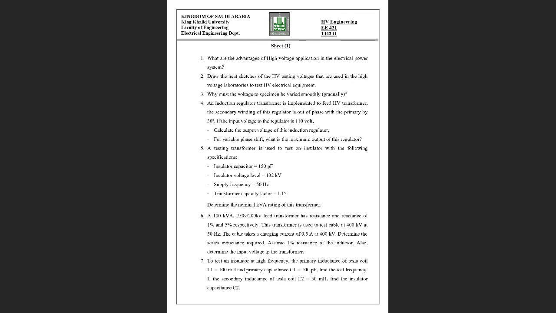So when we use high voltage, the size of the conductor will reduce. Why? Because when voltage is high, the current will be low. Why? Because the power will be constant. So when current reduces, the current carrying capacity required of the conductors reduces. I mean, we need not use very big conductors whose diameter is more to carry more current. So if the current is less, the size of the conductor will be less.